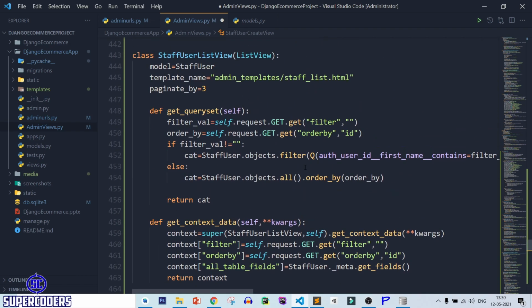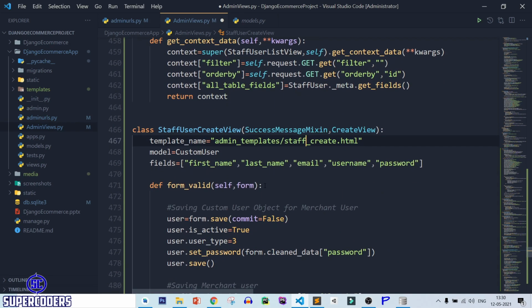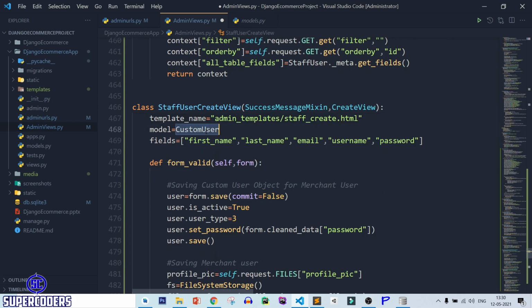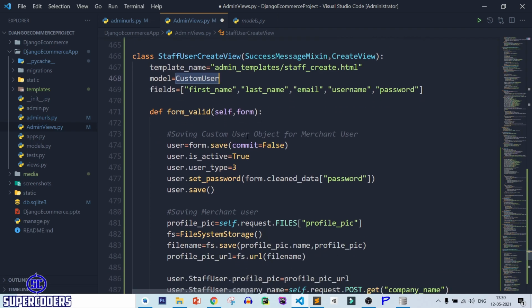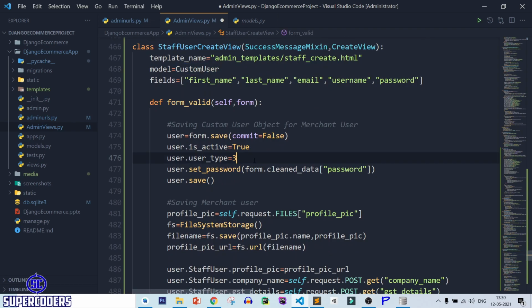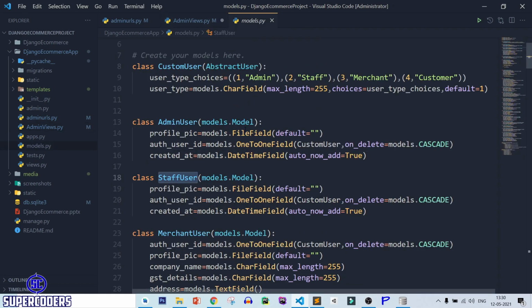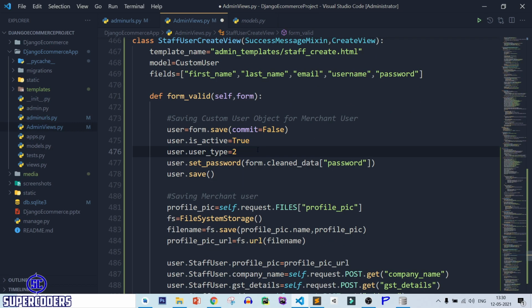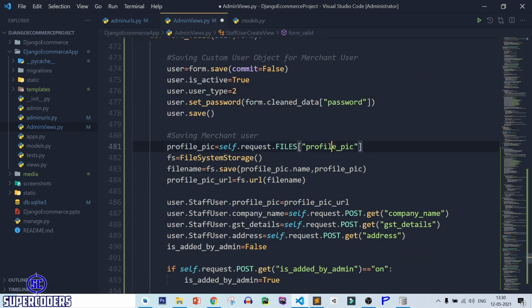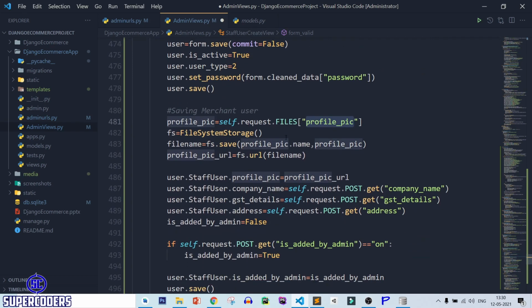Staff user create view, change it to staff create, and here custom user, first name, last name, email and password. After that form valid and user type. So let's see what is the user type for staff user, which is 2, so change it to 2, profile pic, perfect.